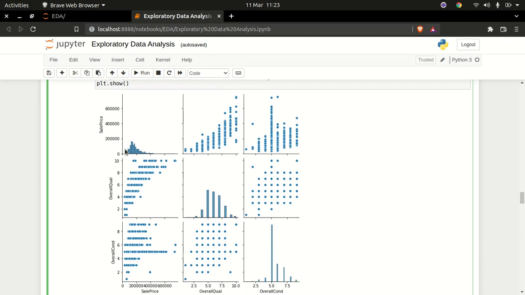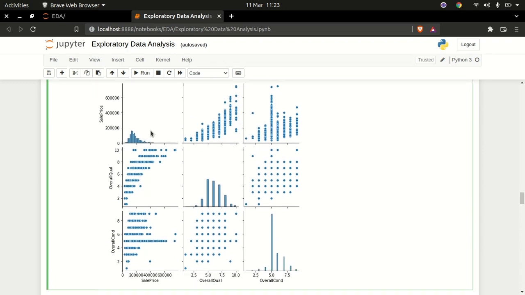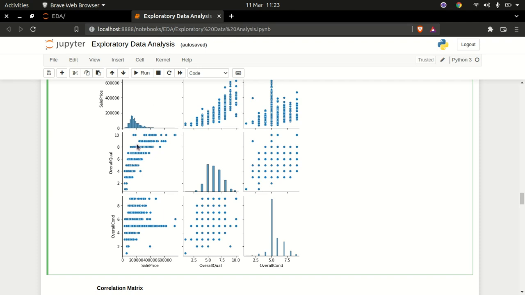So you can plot this, and you can see we have these different plots right here. You can see the sales and then the sales price here, and then you can also see the overall condition, overall quality, and then the sales price right here. As the quality increases, the prices start at a higher price range, right? Because the higher the quality of the house, the more expensive it would be. We also have overall condition, and you can see that the better the condition, the more expensive that